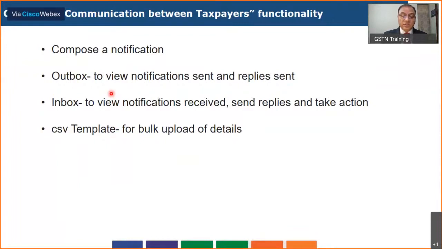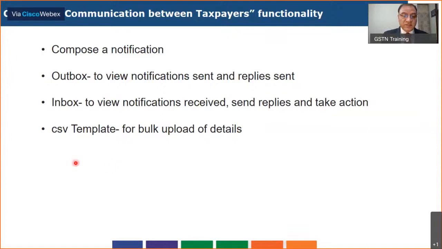You can also see the replies sent by you in response to a notification received by you. Third is your inbox, where you can view the notifications received from the other party. Using the inbox itself, you can send replies, and you also have an option to take action on the notification. What action you can take, we will discuss in a short while.